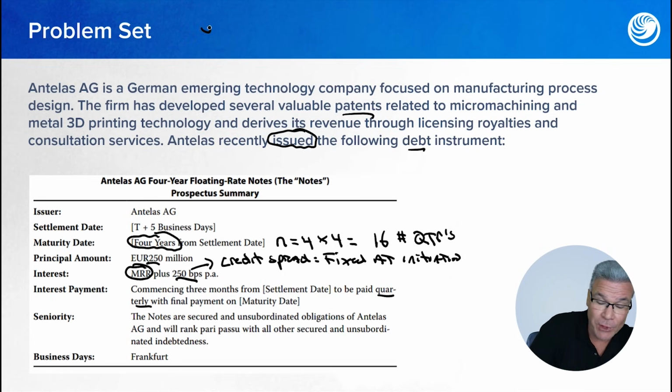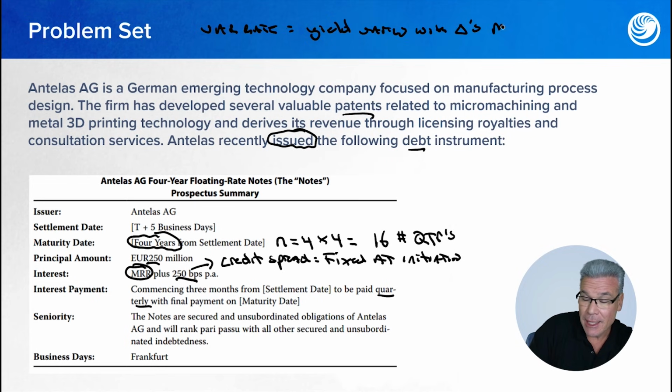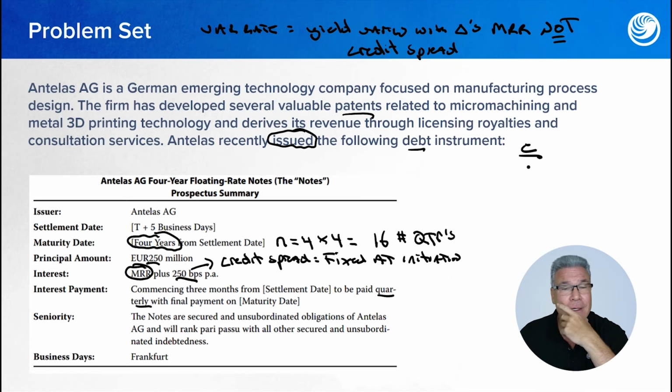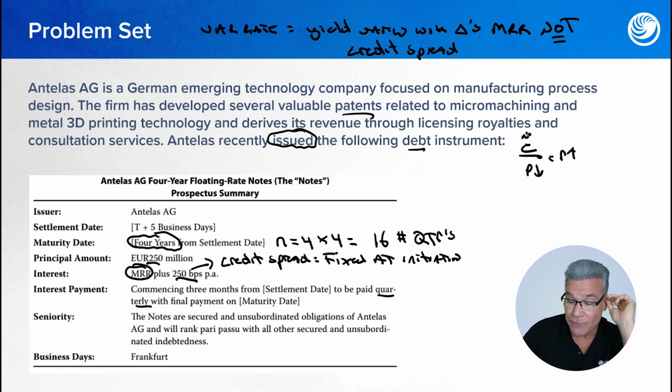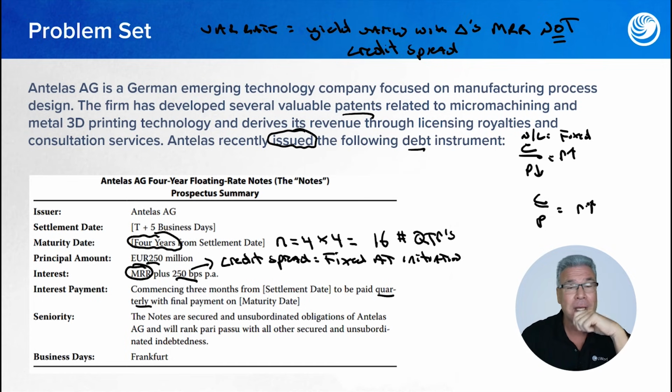So when you have variable rate debt, the yield varies with changes in the market reference rate, generally not the credit spread, all right? So we know when you have fixed rate debt, if the required rate of return goes up, what happens to that price? It comes down. If the coupon is fixed and does not change, we know there's an inverse relationship between price and yield. Now, when you've got variable rate debt, and if that market reference rate goes up and the coupon can adjust,